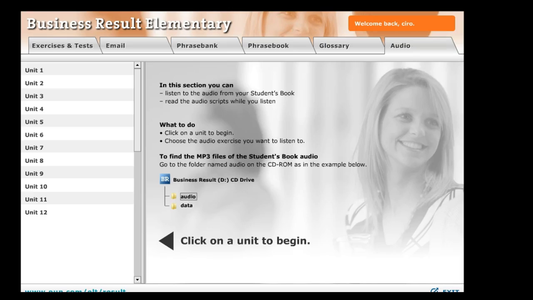And as usual, you have to read what you have to do. In this case, in this section, you can listen to the audio from your student's book. Okay, so you can listen to the audio from your student's book, and you can read the scripts. This is also important. You can read the scripts while you listen. Here it tells you what you have to do. Yes, what you have to do is to click on the audio to begin and to choose an audio exercise. Okay,